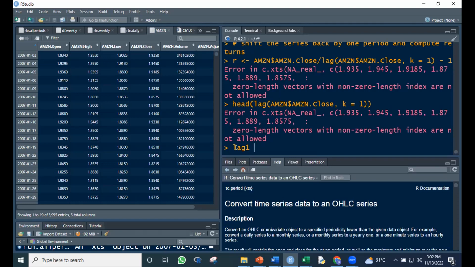Log 1. So I'm creating this object, Amazon log 1, which consists of